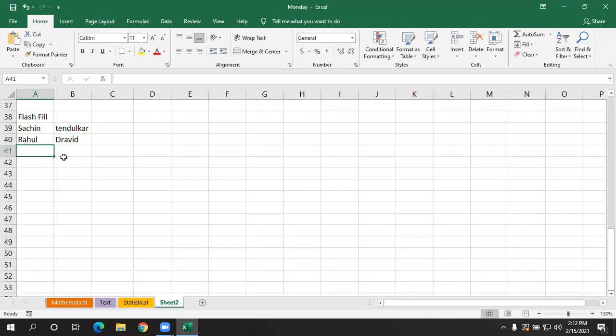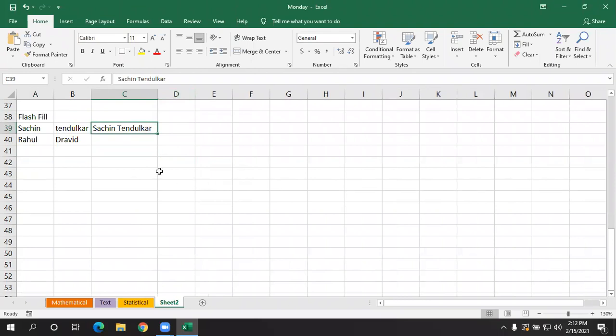Now here I'll give, in this cell, what I'm going to do is I'm typing Sachin space T in caps Tendulkar. Okay. Now you can see here I have given in some format.